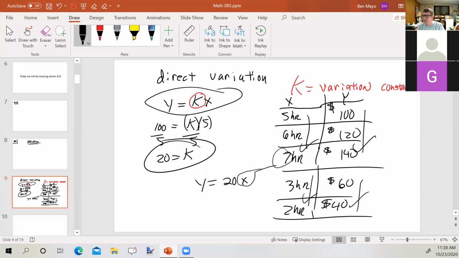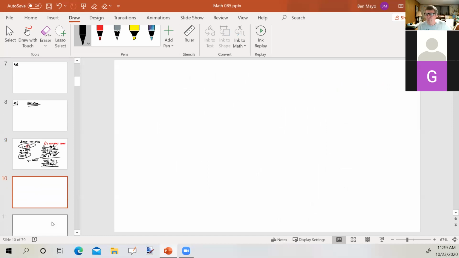In that case, the k would be the slope, or the rate of change. But anyway, direct variation: if x increases, y increases. If x decreases, y decreases. Let's take a look at a problem out of the book. This says free fall. An object in free fall, so it's just being dropped, travels a distance s that varies directly to the square of the time t. So s is distance